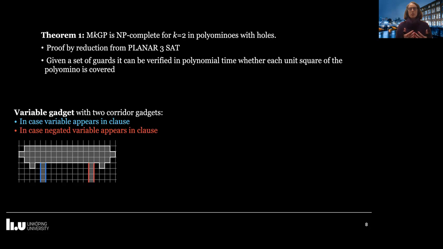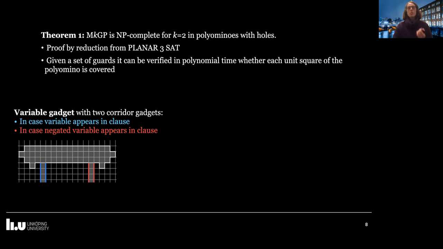We have a variable gadget, and we can connect different corridors to that depending on if the variable is set to true or false. Here we have the blue one in case the variable appears in the clause, and the red one in case the negated variable appears in the clause. And for this variable gadget, which we can, of course, elongate if we want to connect more corridors, there are